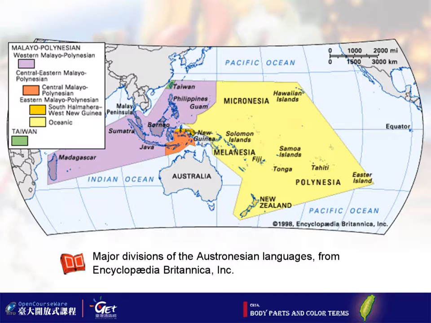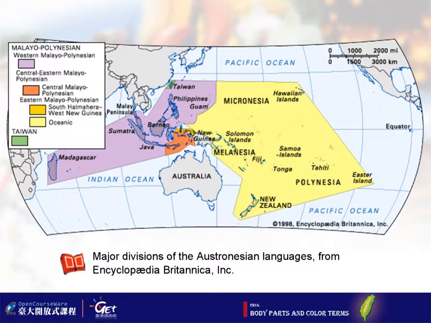And out of those 1,000 more Austronesian languages, there are 23 in Taiwan. According to some of the studies, the research showed that there are different subgroupings of language families of these Austronesian languages.